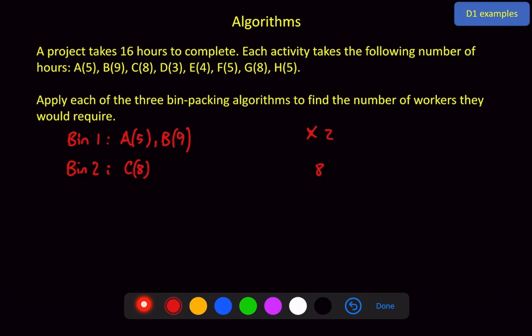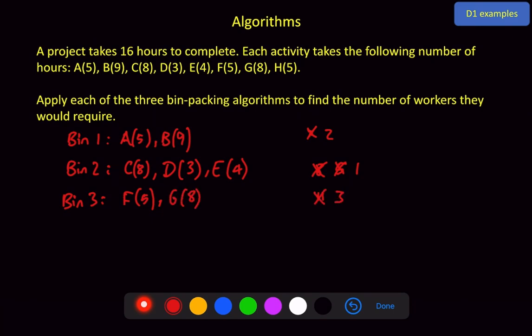Activity D, although it's small, still won't fit into bin 1, so that'll have to go here as well, giving me 5 left over. E can then fit in here as well, with just 1 left over. Bin 3 is necessary for F, with 11 left over. G will fit with 3 left over, and H is going to have to go in its own bin